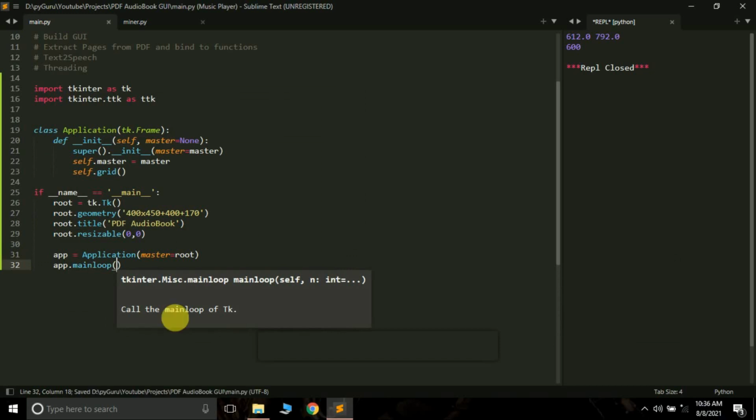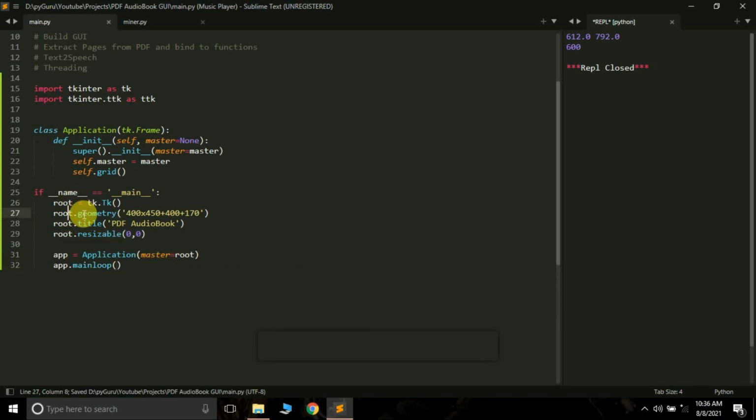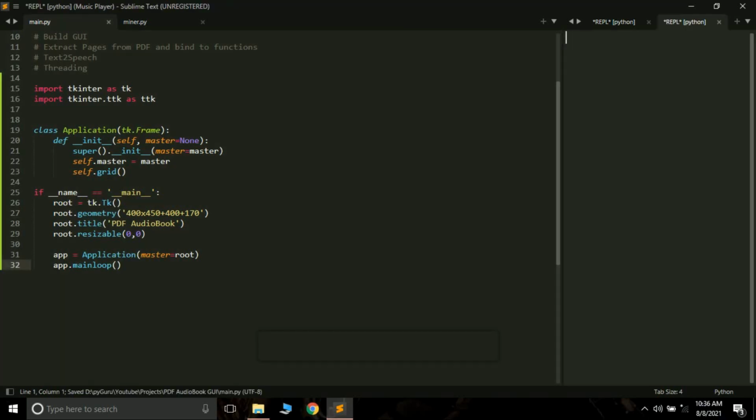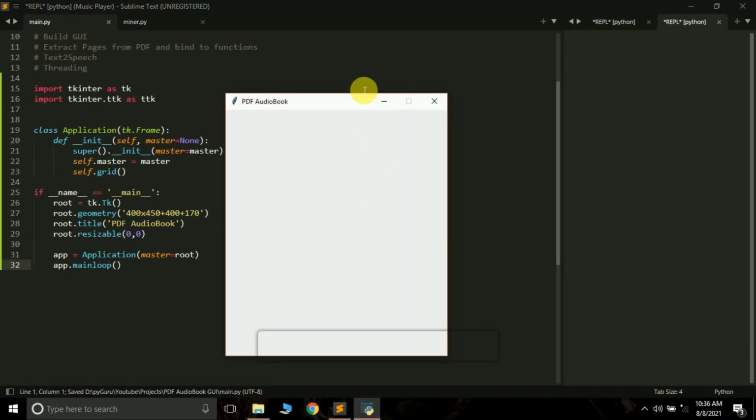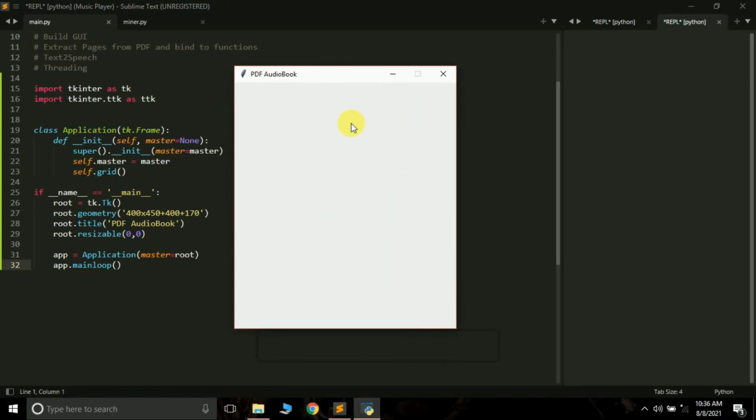Now see what we have done. We have created a simple window whose name is root. Now see here in the application class we have to pass a master. We want to pass this root window, which is our master, to our application. Here we have also written that whatever master we pass, we will initialize it as tk.Frame. So our window will now work as a frame. If I just run this, you will see a window will open here. This is the window that we have created using these lines.